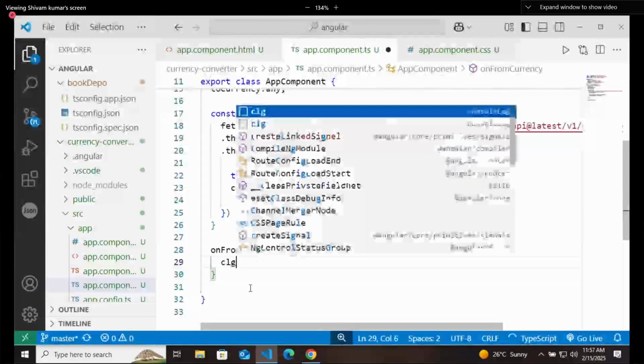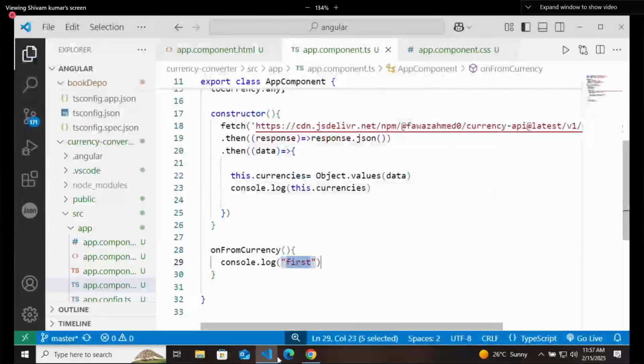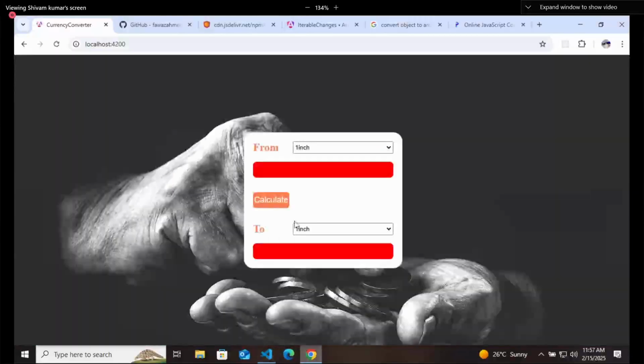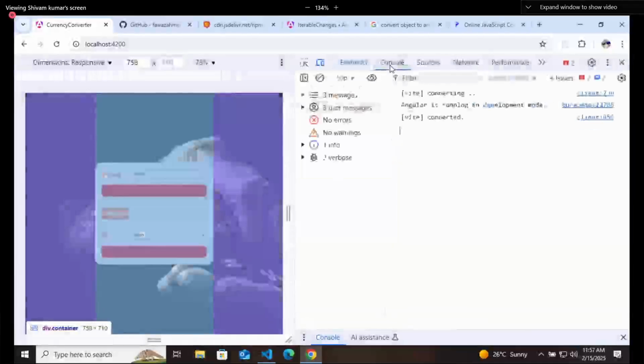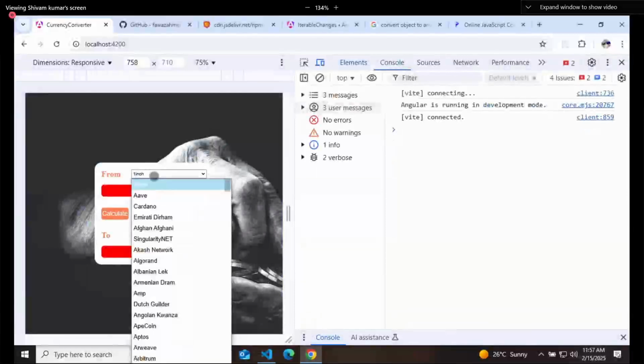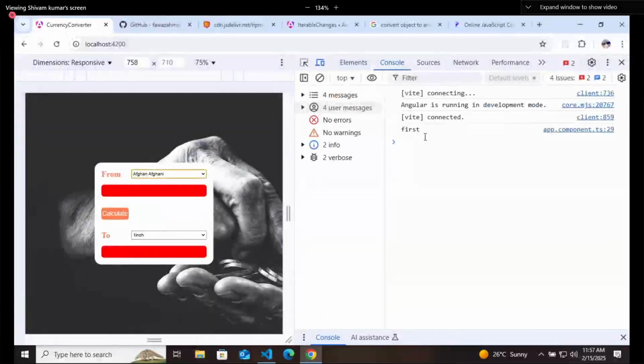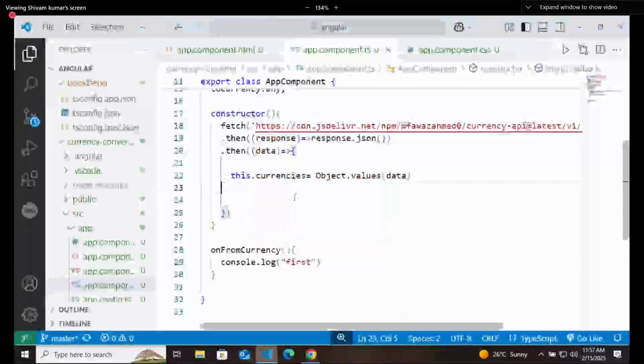Just write some value to console so that we can check it. Go there, inspect it. If you are selecting something here, so it is printing. Now it should print whatever currency you are selecting.